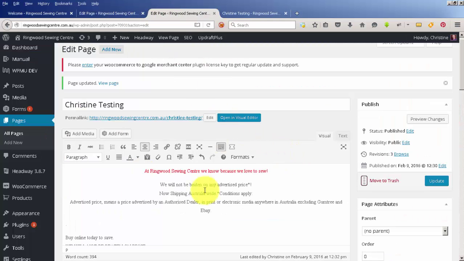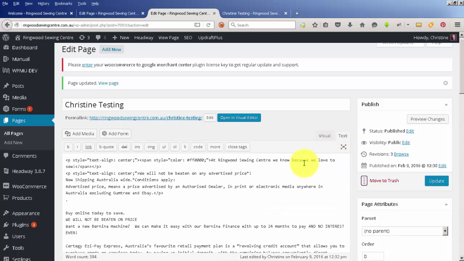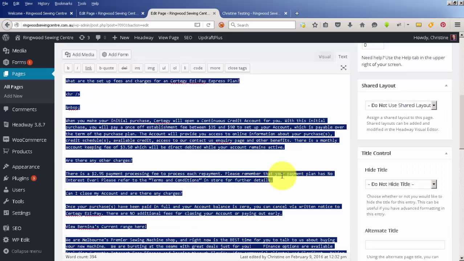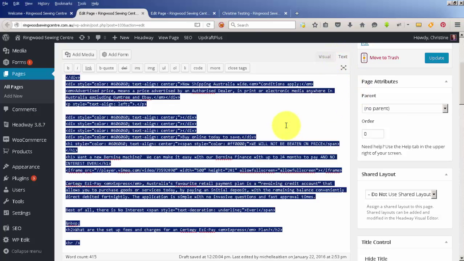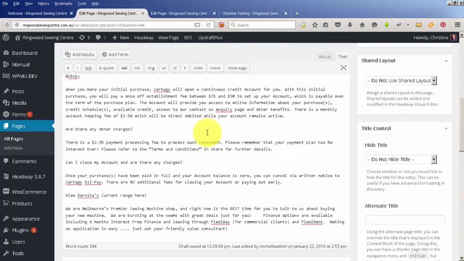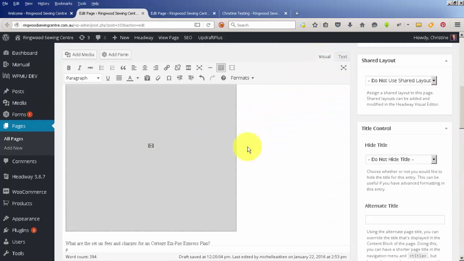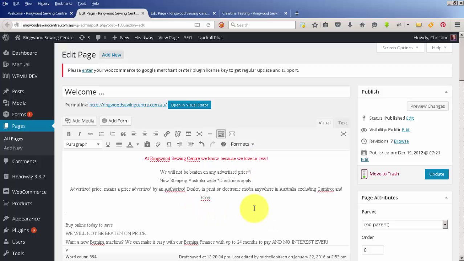What we then do is, this is only a temporary page, okay? So once we've got it all formatted, let's go to the text view here. And we'll Control A, Control C to copy that out. And then we'll go back into our original home page, go to the text view, Control A, Control V. So what we've now done is copied our nice tidy version into the home page, and then we would click update. I'm not going to do that right now because I'd like the client to actually do this herself so that she can change things as she goes and make it how she wants it to look. But basically that's how you can tidy up a page on WordPress